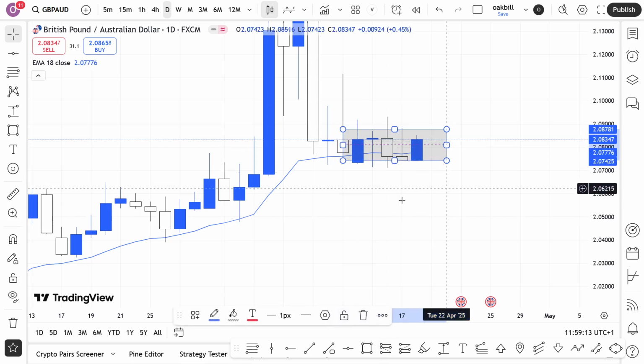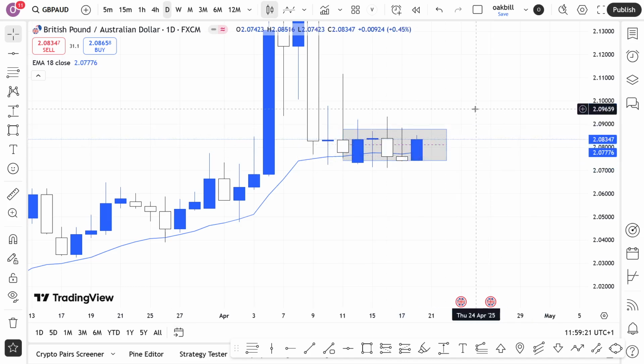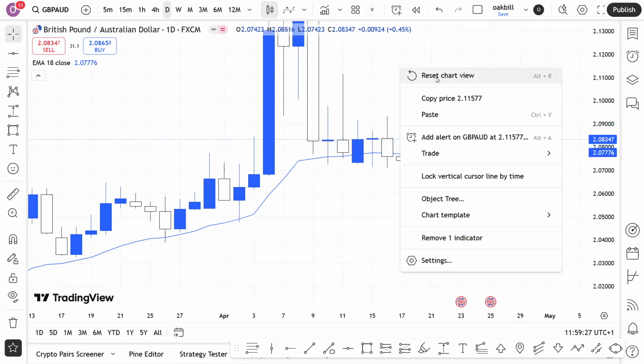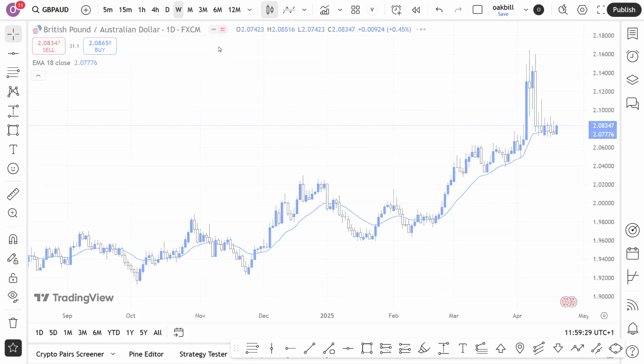So on Monday we see a pull up. Tuesday, a little bit of consolidation. Wednesday, so this is a sideways consolidation. So what are we expecting for next week? Our next week trade, let's do our top down analysis.